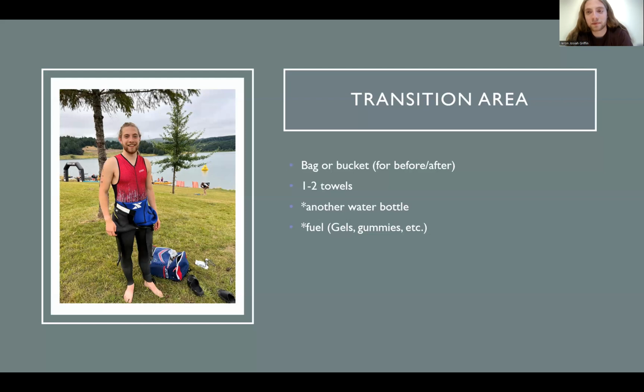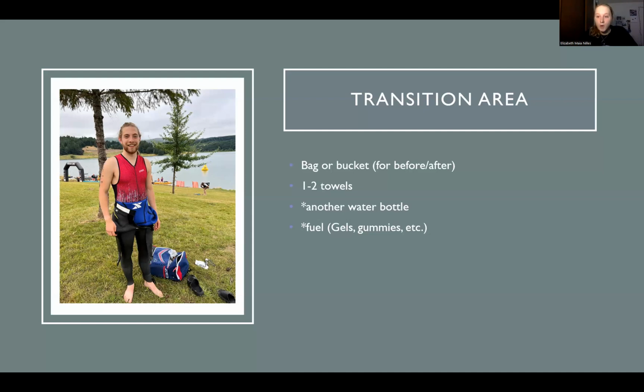So yeah, do you have anything else to add for transition area? I think I have other gear on the next slide. I think I've only ever brought one towel just to mark my area, because if you don't mark it with a towel of some sort, people will start encroaching on it, and it's not nice, but that's just what happens.